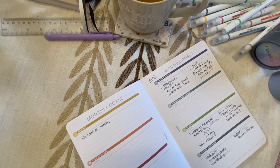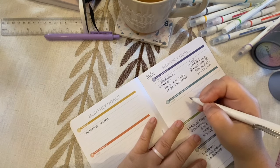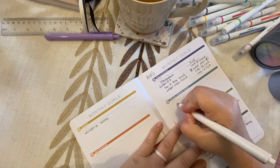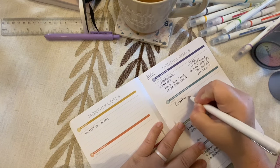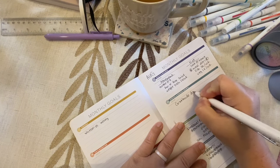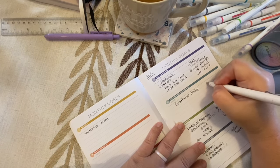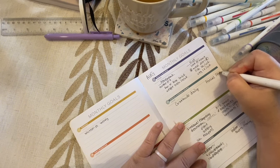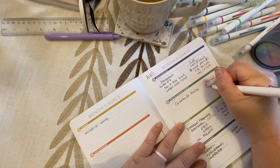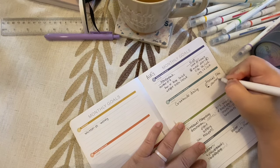Okay. And then for this, I want to continue my gratitude daily. I need to remember to journal, like process as needed. And this means journal, verbal,